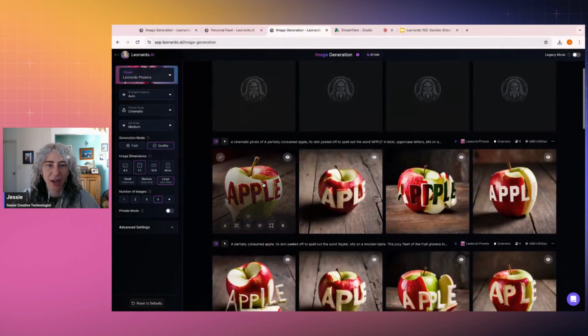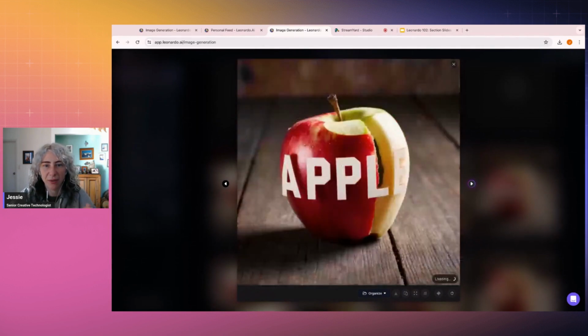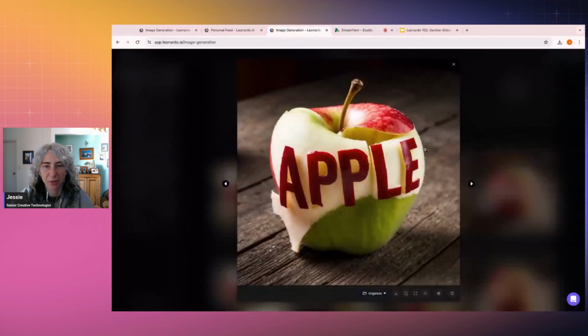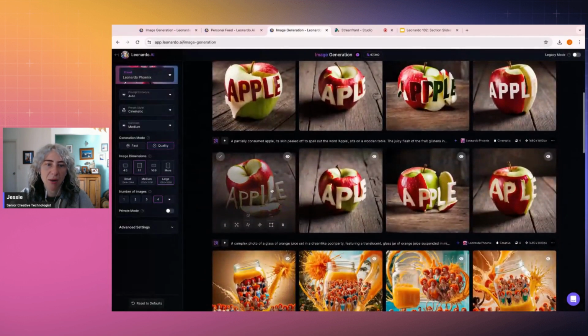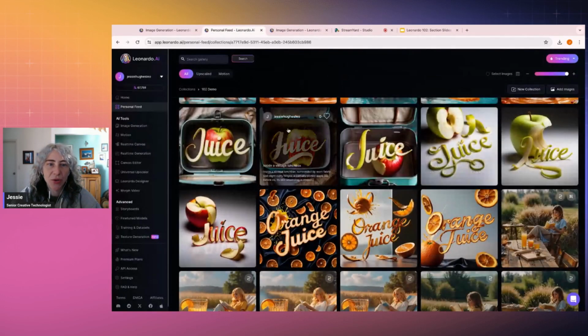There we go. Okay, so I spelled the word properly now. I think that initial render was just trying to get everything in, whereas now I can be a bit more specific. Ooh, I'm going to go with this one. That one's quite good. Or you could tidy it up in additional software. Okay, now let's do something that isn't